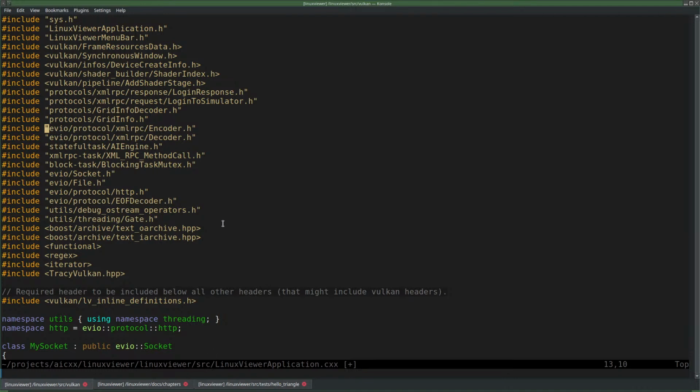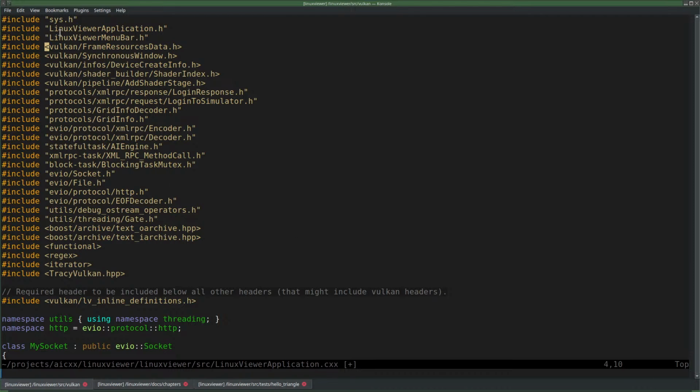Now, I created a habit of using quotes when it is my own header file, but that's not the way you should use double quotes. So to me, everything that's double quotes is written by me under my control, and everything that has angle brackets is some third-party header file. But officially, that's not the correct way. And maybe I should just change that after decades of being used to that.